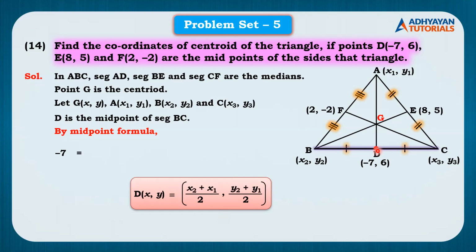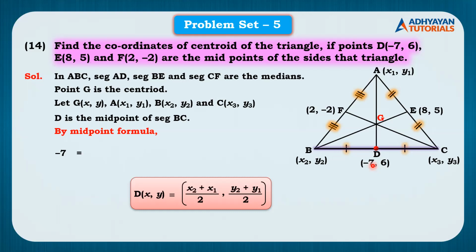D is the midpoint of side BC. So D is the midpoint, which means the coordinates of D are x, y, the coordinates of B are x1, y1, and the coordinates of C are x2, y2. If we get into much detail with x3, y3, x2, y2, how do we consider them? Instead of going into that, directly, instead of writing the formula, we'll directly substitute the values. So we are taking x separate and y separate because we know the coordinates of the midpoint.